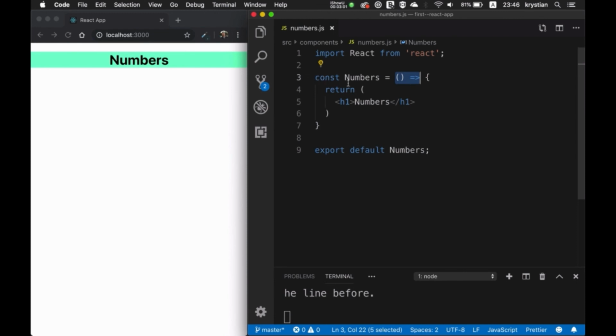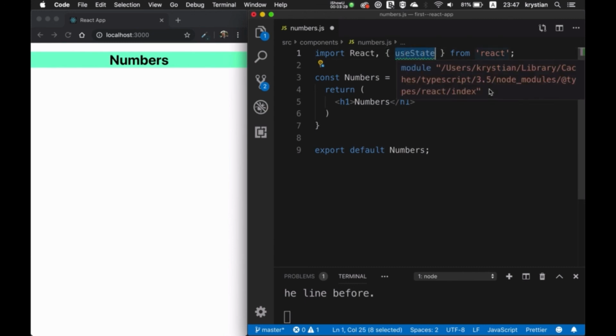So I could have the function keyword here and use it as a function. But I said that before, that in the function components I can't use the state, for example. But in the newest version of React, we can actually use state in functional components using hooks. So how can we do that? First, we need to import useState. And that's a function that we can import also from React and use it in our functional component